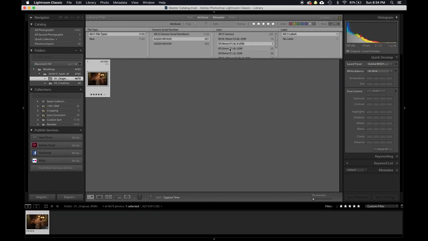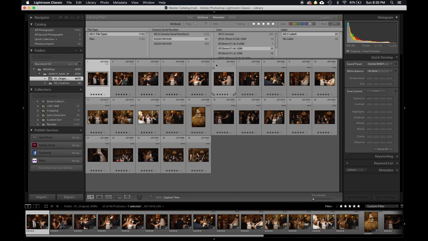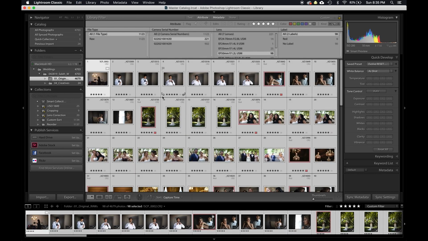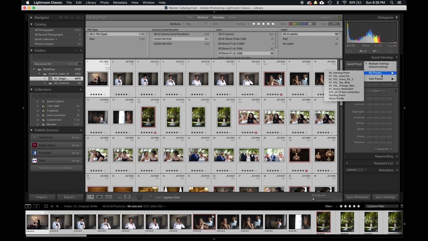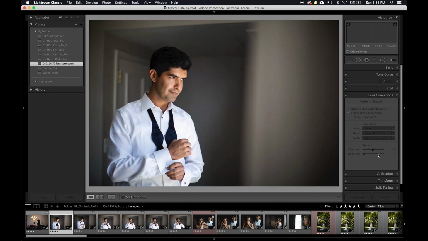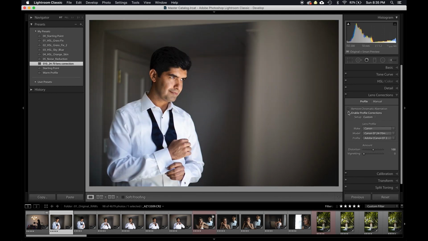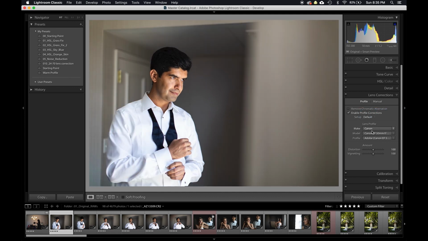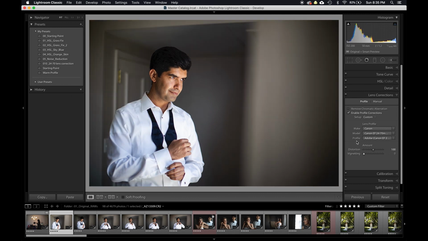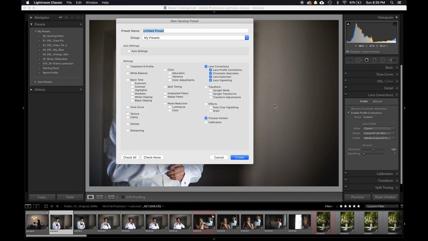So if I wanted to apply that same preset to, let's say, the 50mm lens, what it's going to do is apply the 24 to 70 correction, which doesn't make any sense. I want the 50mm correction on, but I absolutely want the vignetting off. So I would do the same thing here. I would create a 011 underscore 50 millimeter